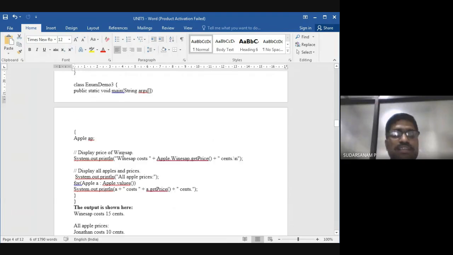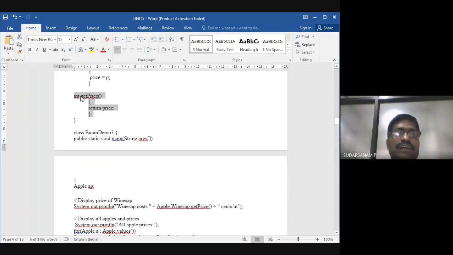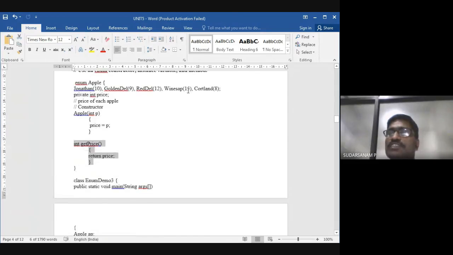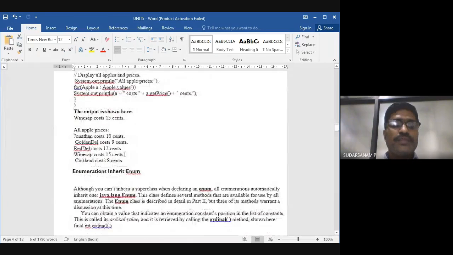Another one is independently written to find out the name. So values is nothing but the entire set, which will be stored into the array of the enumerated constants. Now valueOf is nothing but a particular data type in your enumeration. In a particular variable name, you can find out the valueOf. Values is nothing but the entire array of the enumerated data type constants. So that is the way of writing the program. That is what I've shown here in this example also.